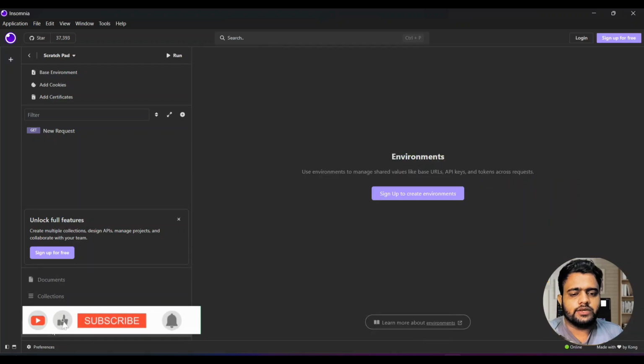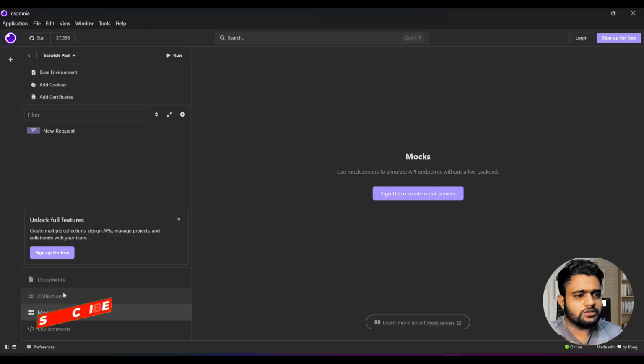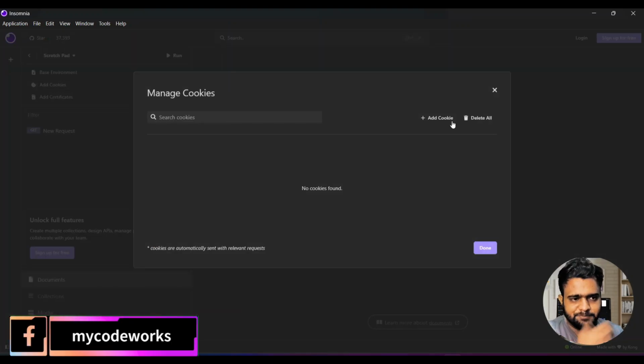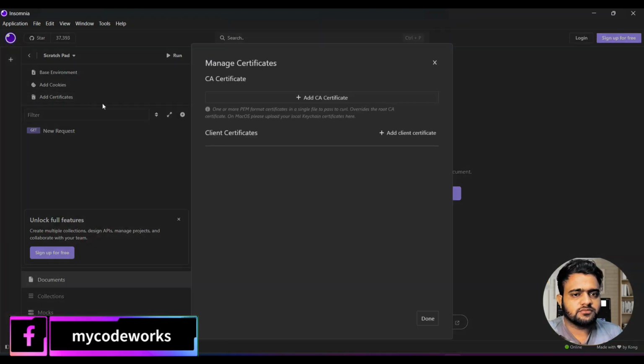Okay, and here environments are there. In environments, you can add mock, you can mock the live backend API endpoints. Collections you can create, but that will open only once we sign up, then only we will be able to see that. Document any API endpoints, and we can run it from here. Add cookies, base environment, add cookies. You can add cookies directly here. Certificate,